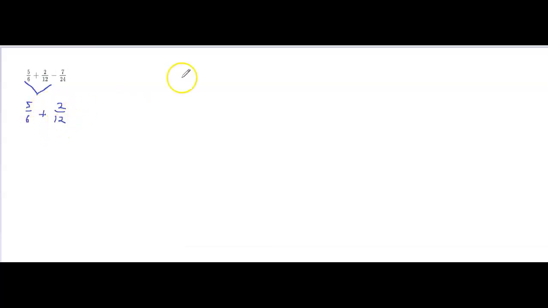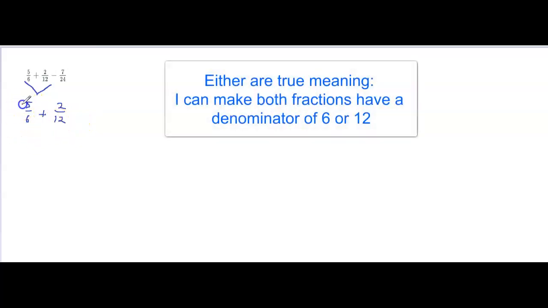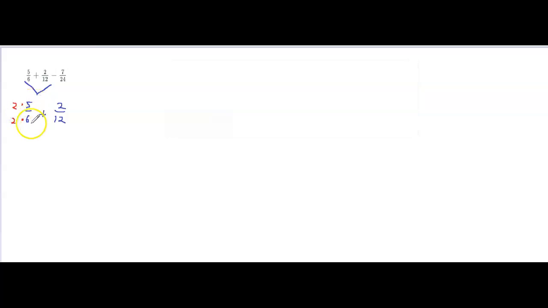When we add fractions, we need a common denominator. So we ask ourselves if we can make both denominators 6 or we can make both denominators 12. In this case, actually either is true, but sometimes it's easier to do multiplication. So if I multiply this first fraction by 2, multiplying both the numerator and denominator, I get 10/12 plus